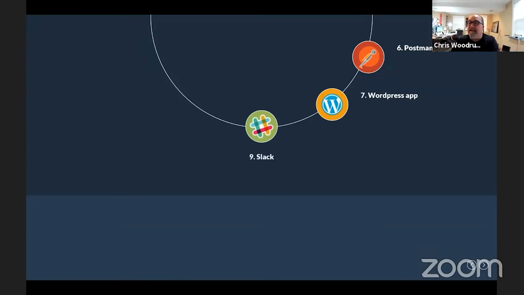WordPress app. Slack. Slack is still Electron. Visual Studio Code, and the original Electron app, the Atom editor. So basically that's a little sampling. If you go out to the Electron site, there are about 2,000 different applications in